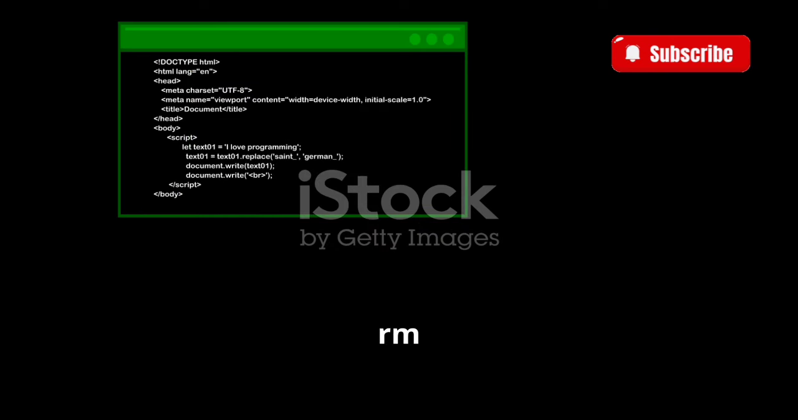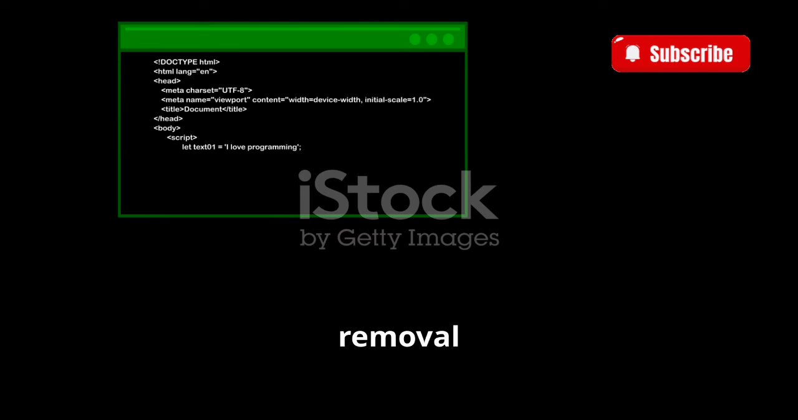Deleting files? rm is your trusty delete key, but be careful, it's permanent. The rm command deletes files from a directory. You must have the right permission for the folder or use sudo. Here's the syntax: rm options